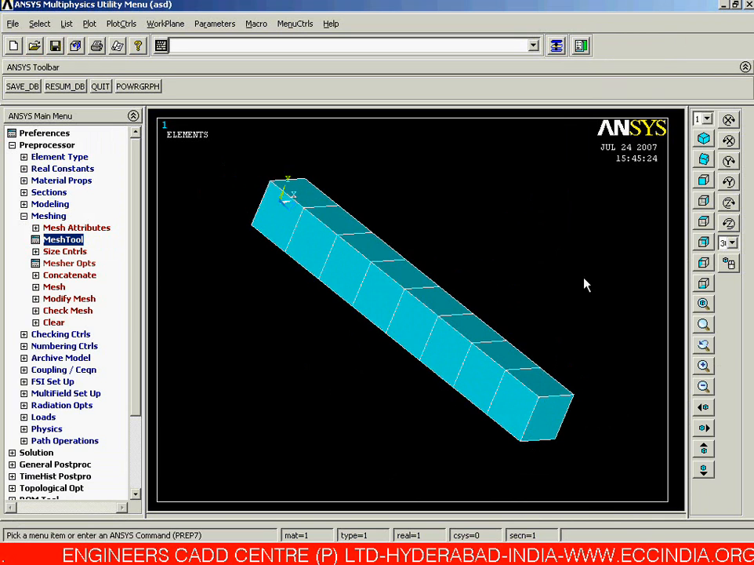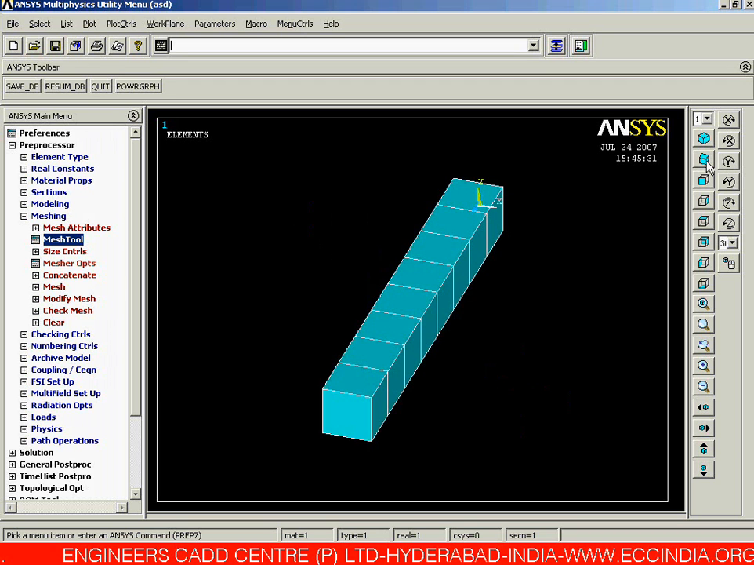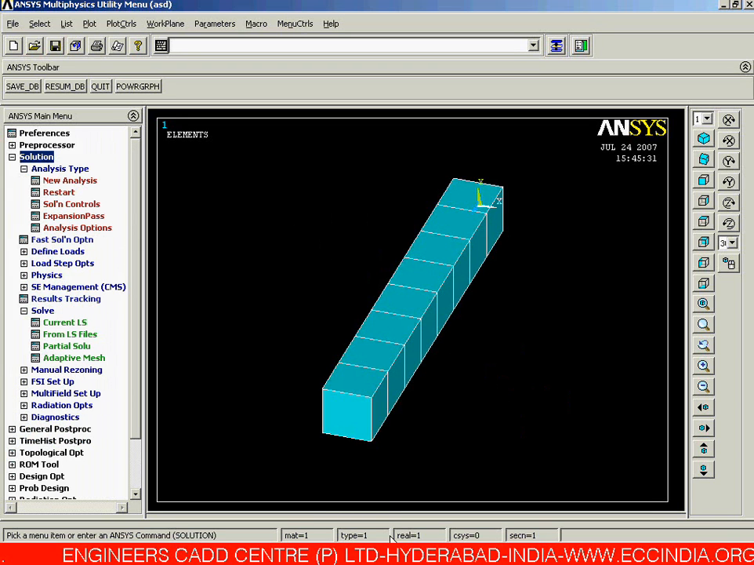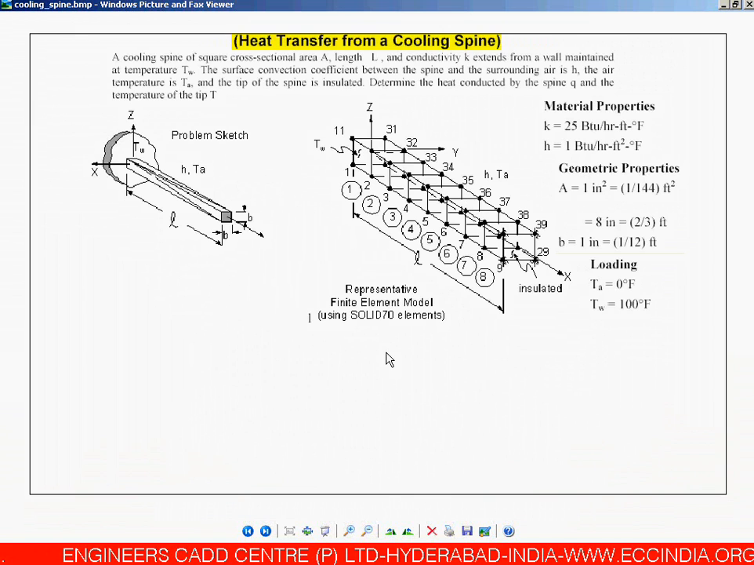And for the frontal cross section, we have only 1 element. So in that way, we need to go for this particularly. Once our meshing is done, now we need to go for the solution. But whenever we go for that, in the loadings we can see our